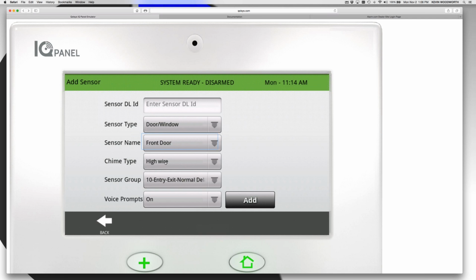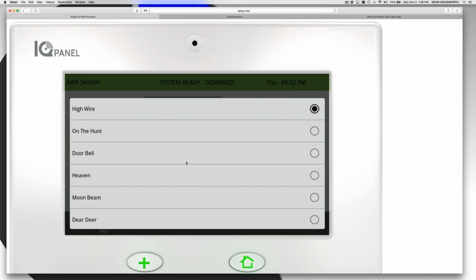Now the second box down, again, I could continue and hit add, or I could continue editing if I want. The next box down is chime type, and we do chiming by zones. And chiming is the actual noise. It's the little ding dong when the door is opened, or the little beep beep, or whatever that you want the noise to be. And we have 10 different